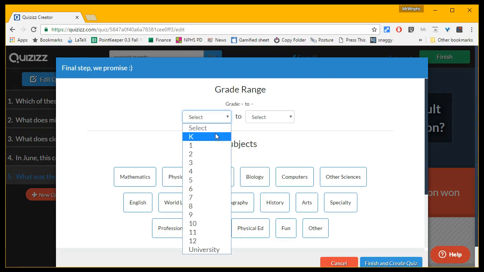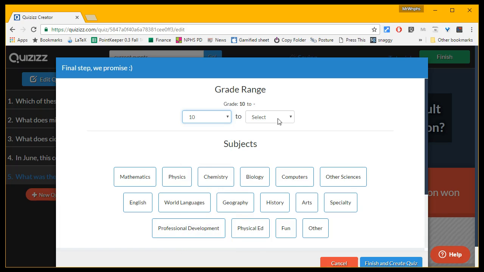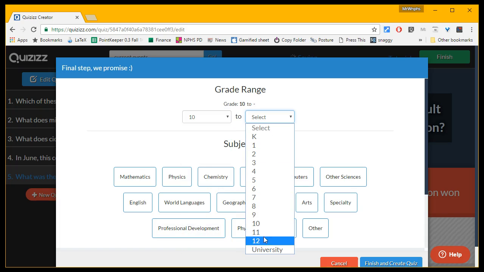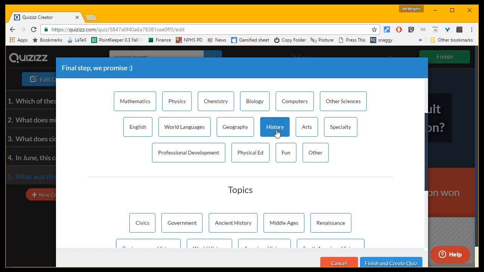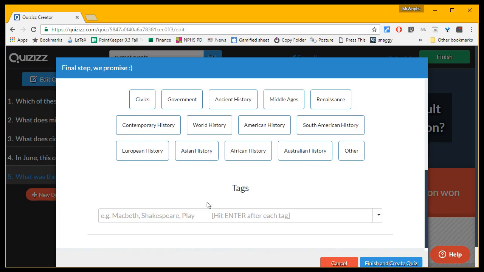And here we go. So select whatever grade levels. This is not that important. And we'll go ahead and put in, I don't know, what it's about, whether it's history or English or computers or math. I'll just go ahead and say history. And one of the things that I find that's useful, this is a little tip and a little trick for you here, is right here,